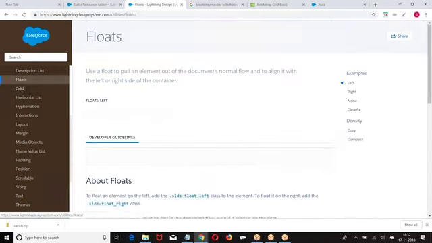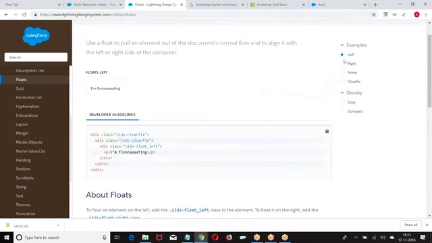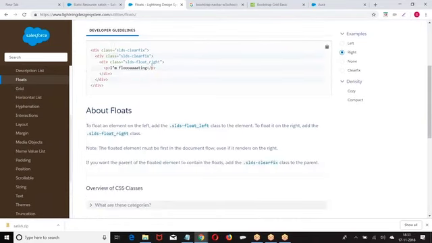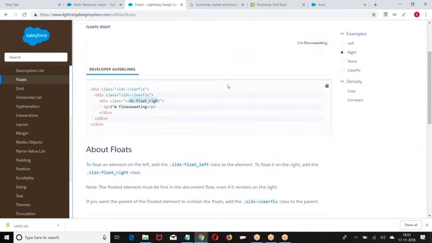Okay. Next we have floats. What was that? Float left, float right. SLDS float right class.